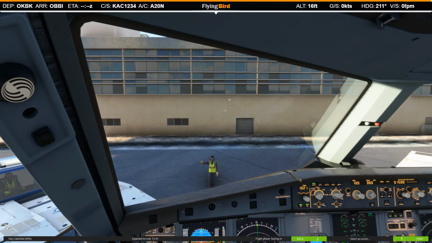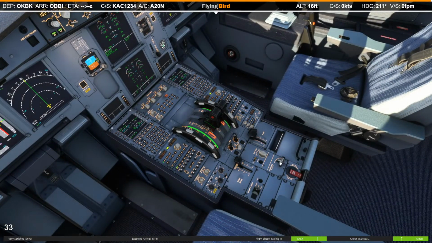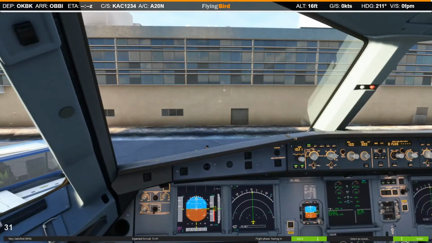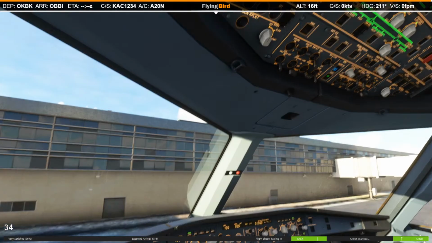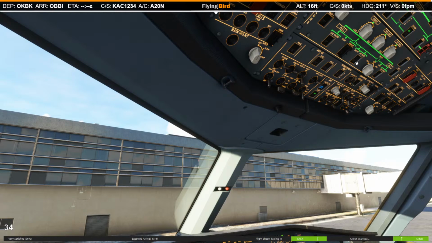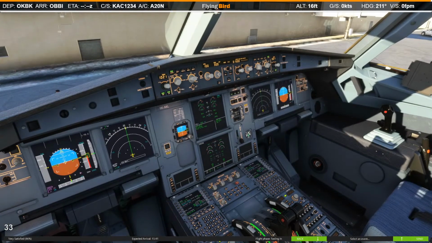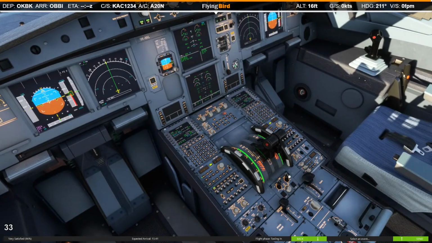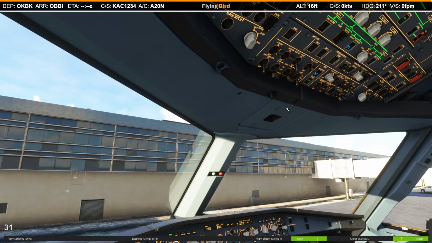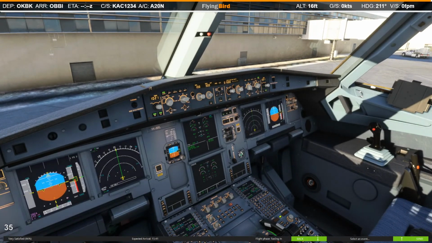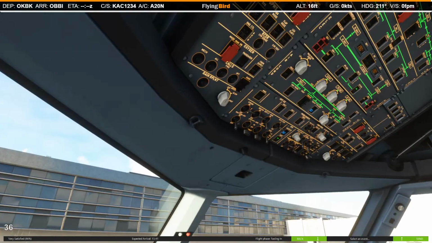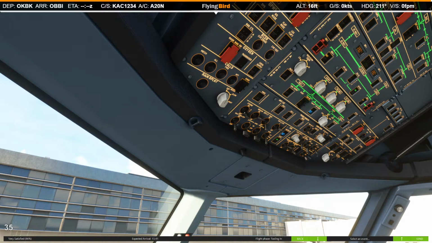Okay, so I hope we have parked it nicely, and parking brakes on. We have all the lights off, guys, and the APU is available. So let's start APU bleed and stop the engines. Engine 2 and 1 stopped. Engine mode selector normal. I was supposed to turn it off when we had started engines at Kuwait airport. And off, beacon lights off, engines have been stopped, navigation lights on, and